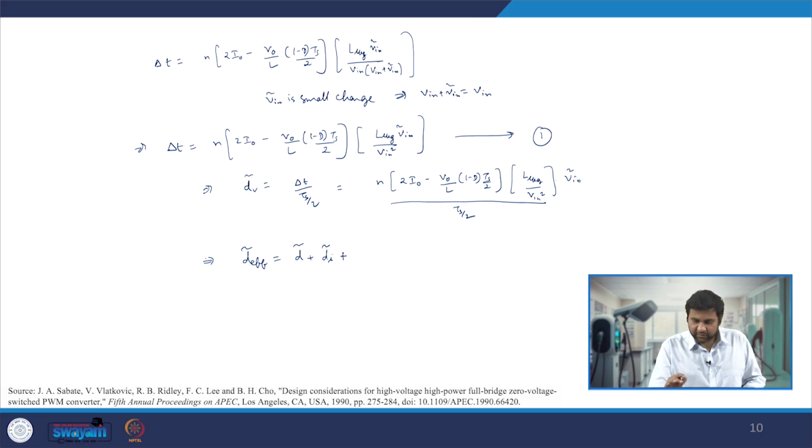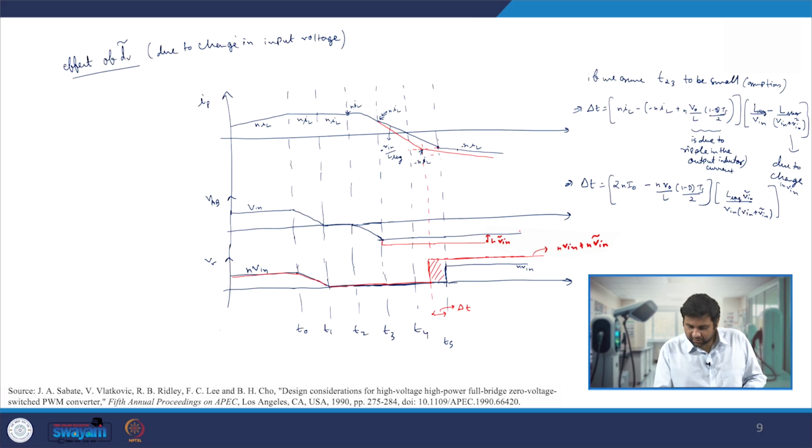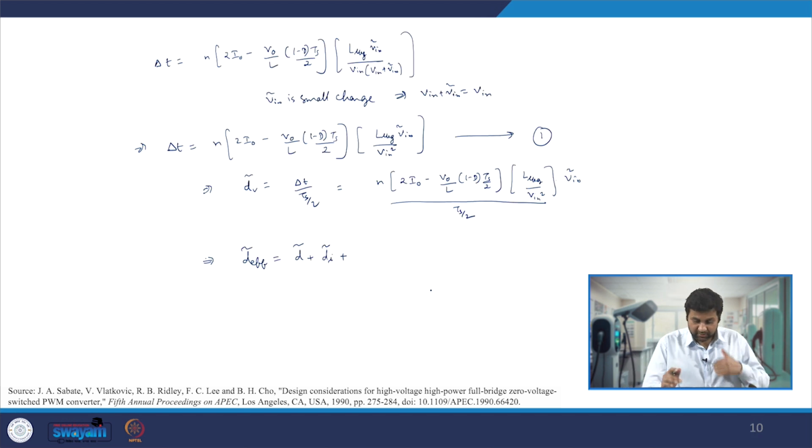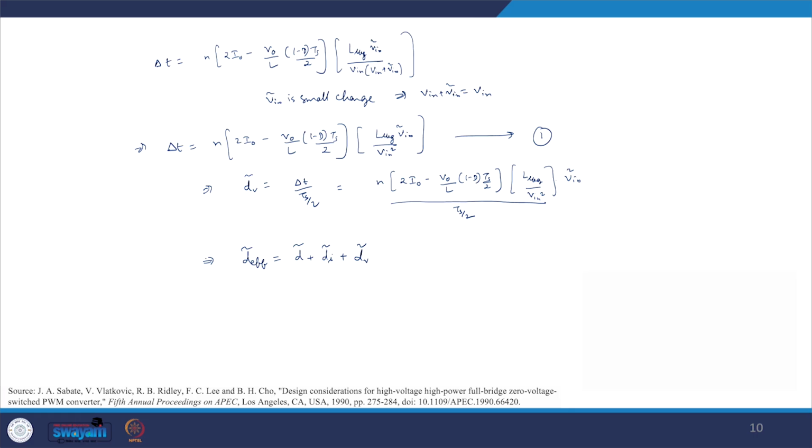However, in case of DV, if you look very carefully, whenever my voltage increases, this delta T is actually in the reverse direction, because my D loss term has reduced. Since my D loss term has reduced, my D effective term has improved. So that's why we have taken the positive sign here, and that's when we have addition coming over here. So we can say that the positive sign is due to the fact that whenever there is an increase in the V in voltage, there is a positive change in the D effective,